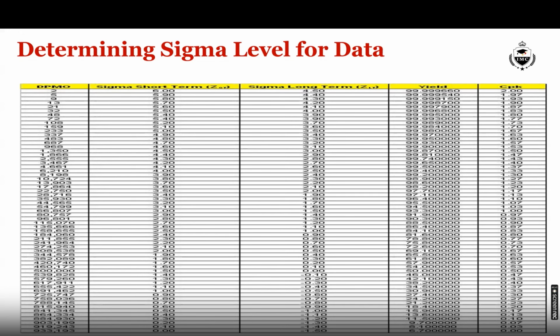Now, next to ZST, there is also another column called ZLT, which is Z long term, and ZST is Z short term. Between ZST and ZLT, there is always a difference of 1.5 sigma because it is statistically proved that in the long run, if you don't improve your process after you calculate your process capability at that moment, your sigma value will further deteriorate by 1.5 sigma.